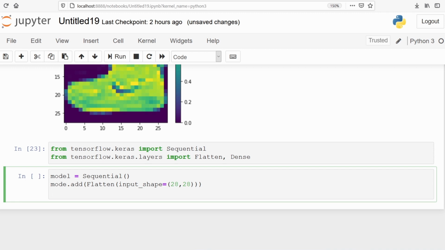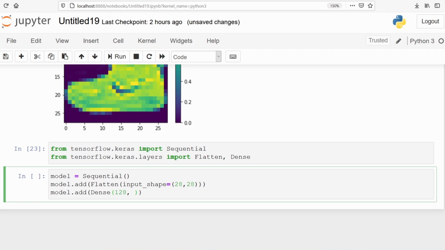Now we are going to add one more layer, which is a Dense layer. I forgot to write the L here. Dense layer. Here we will pass the number of neurons as 128.